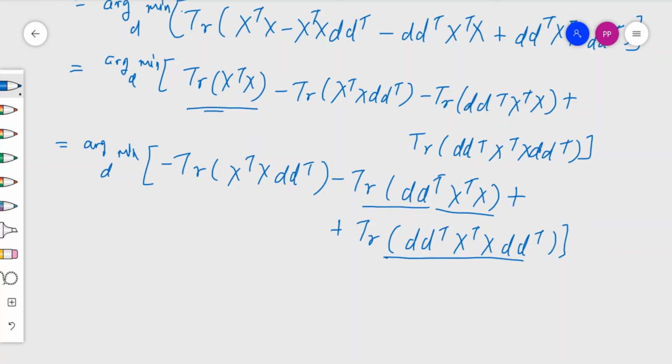So we start with the second term. In this second term we have the cyclic manipulation within the trace, because